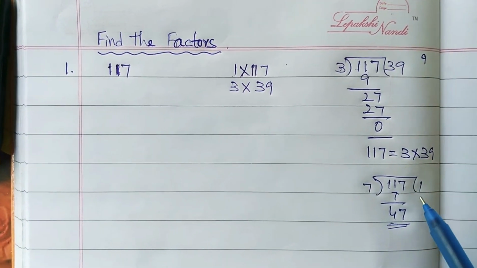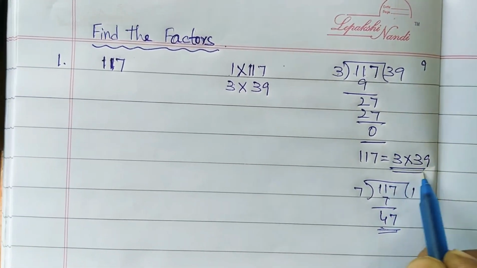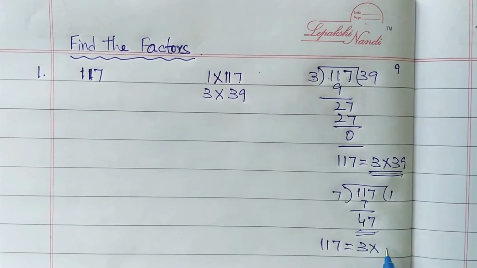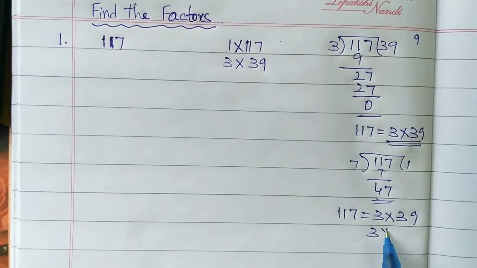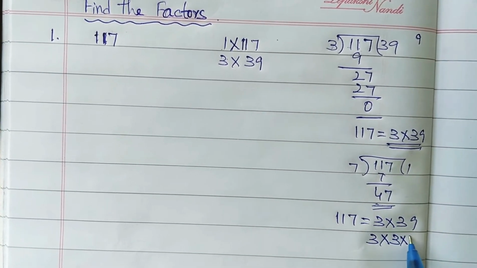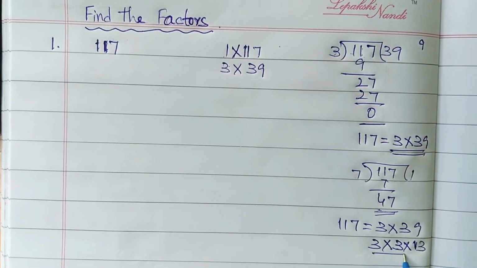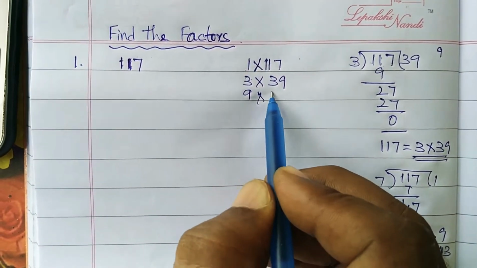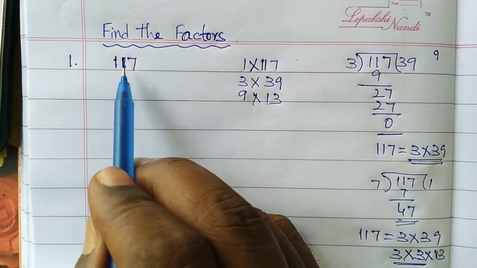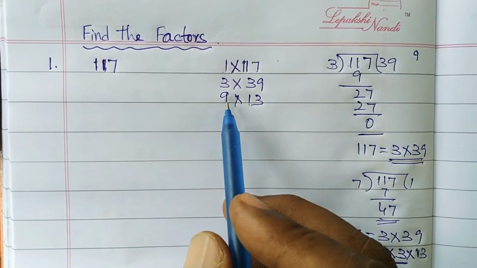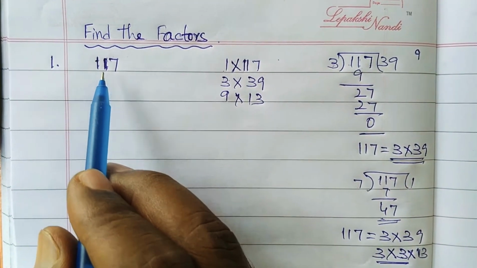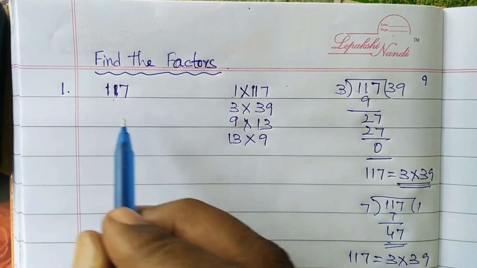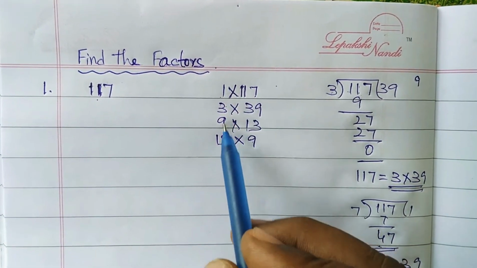If you go on checking with each table like this, here is one hint. Earlier we got 117 is equal to 3 into 39. We can write 39 as 3 into 13, since 13 3s are 39. Therefore, I can write it as 9 into 13, and 9 into 13 is 117. So after 9, it is not a factor of 10, 11, 12. Again, I can write it as 13 into 9. What is 13 9s? 117.